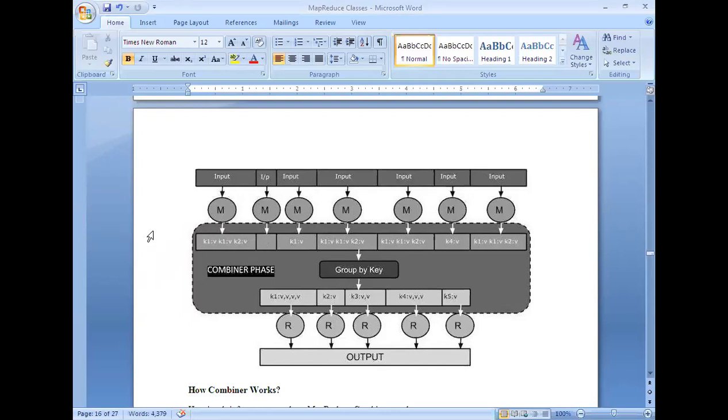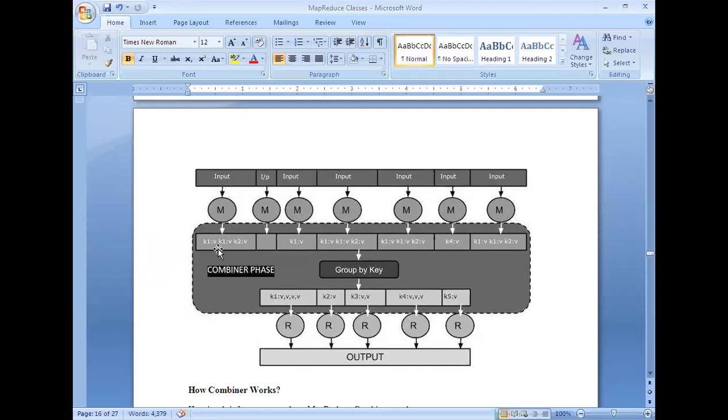Here in this case, it will not produce any output, but here it produces three outputs. For the same key, it produces two different values. For another key, it produces one value. Similarly for all the others.